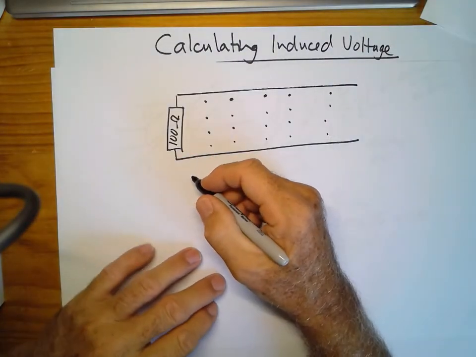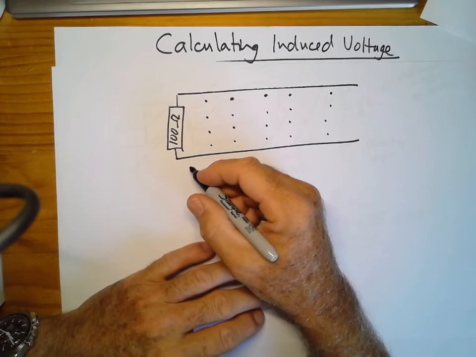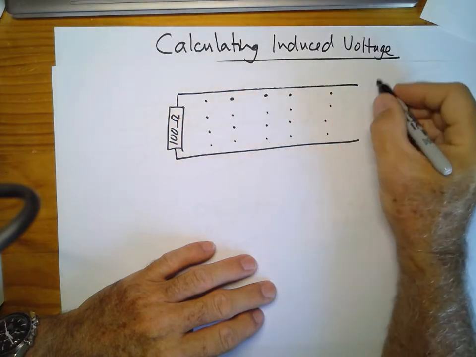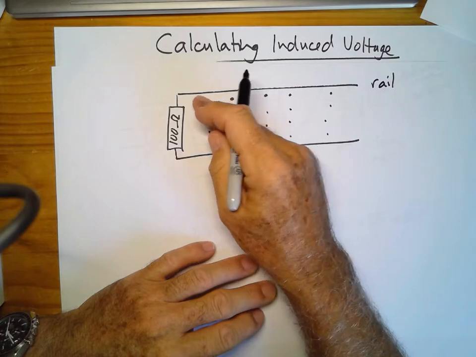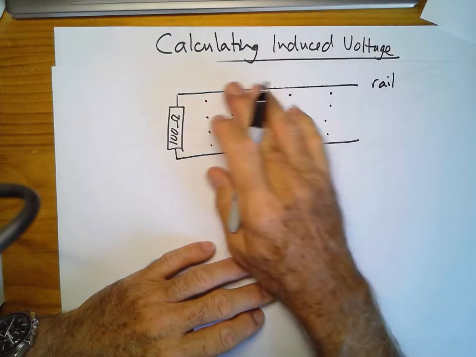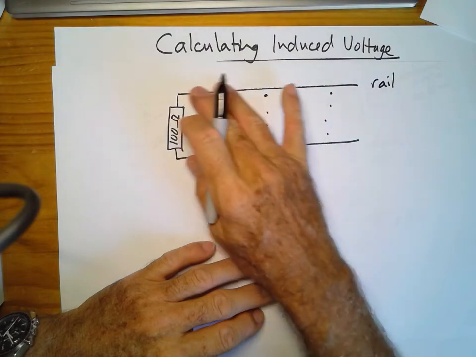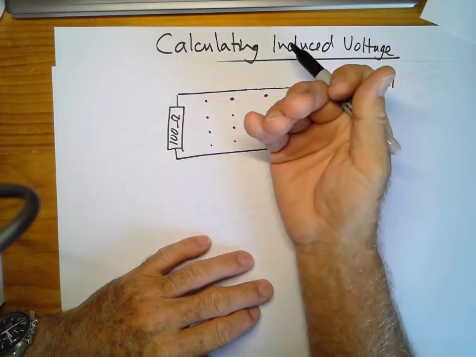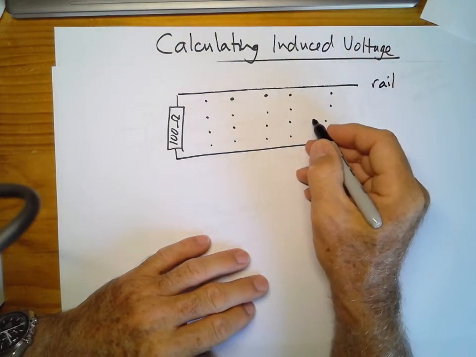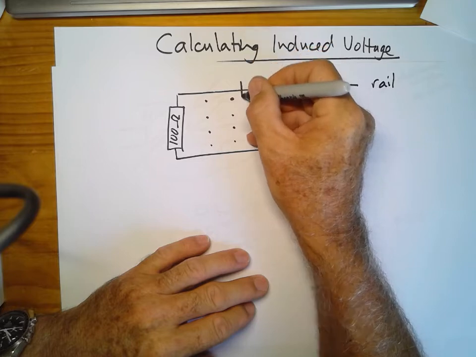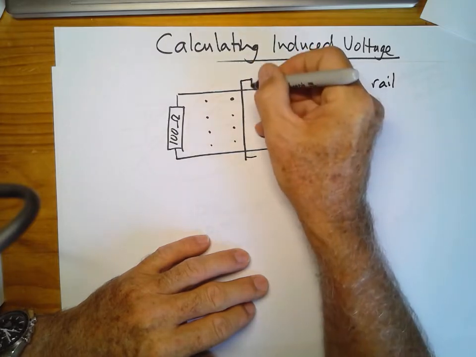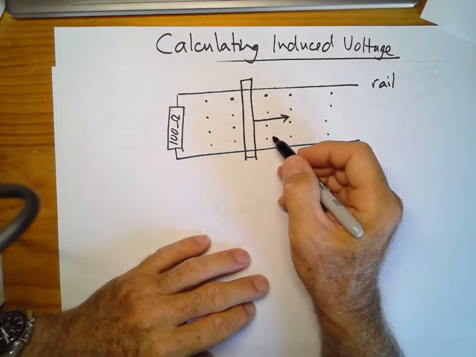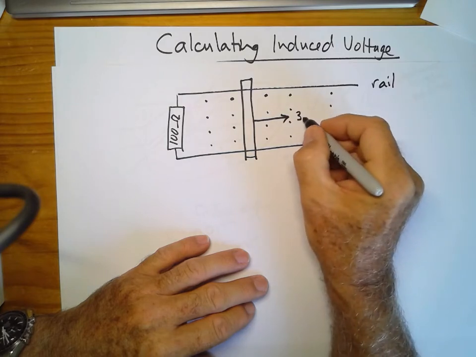Another common problem is a situation like this, where we have a resistor and a wire. This way, usually a rail, that means it's a length of metal that has got no insulating coating on it, a rail at the top and a rail at the bottom, and a magnetic field at this stage sticking up between these rails, and we put across these rails another piece of metal which we move to the right, and in this case we're moving it to the right at 3 meters per second,